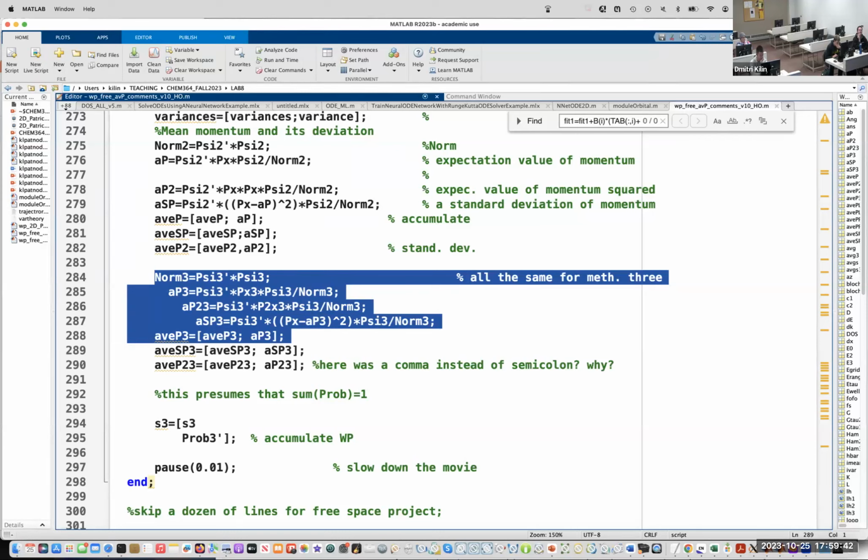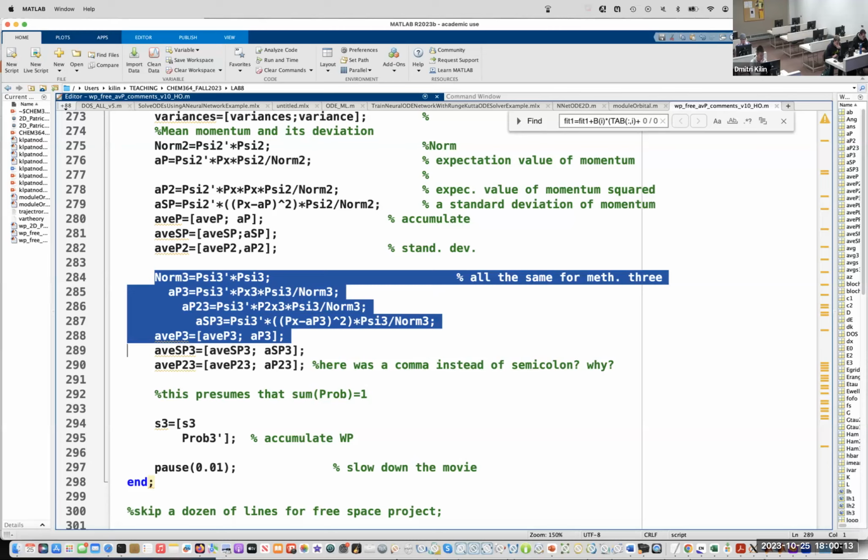Wait, what was the question? Method 2 is when we find the momentum through Fourier transform. Yes, yes. And when standard procedures like Hamiltonian, kinetic energy, expectation value of momentum are computed, there is an attempt to put a label that refers to by which method it was computed.